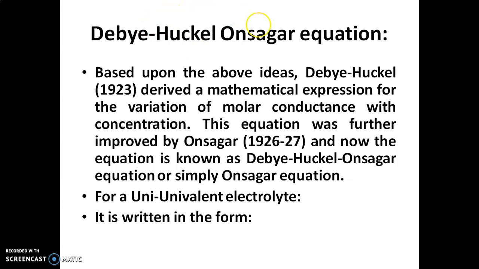Based upon the above ideas, Debye-Huckel in the year 1923 derived a mathematical expression for the variation of molar conductance with concentration. This equation was further improved by Onsager in the year 1927, and now the equation is known as Debye-Huckel-Onsager equation, or simply Onsager equation. For univalent electrolyte, it is written in the form of